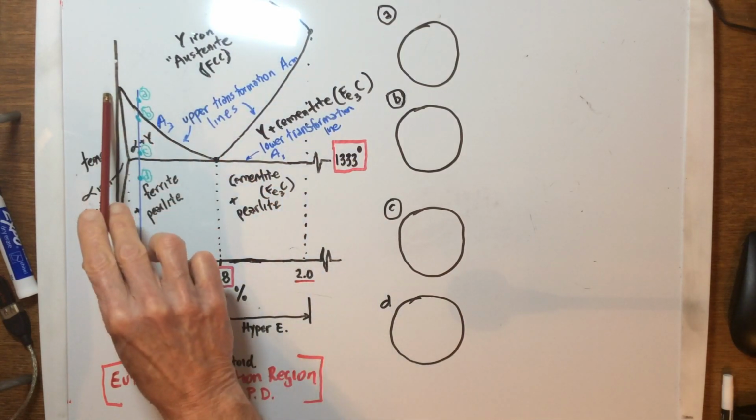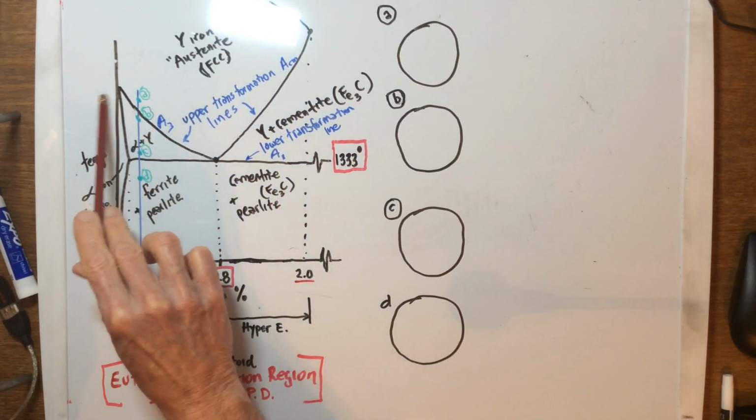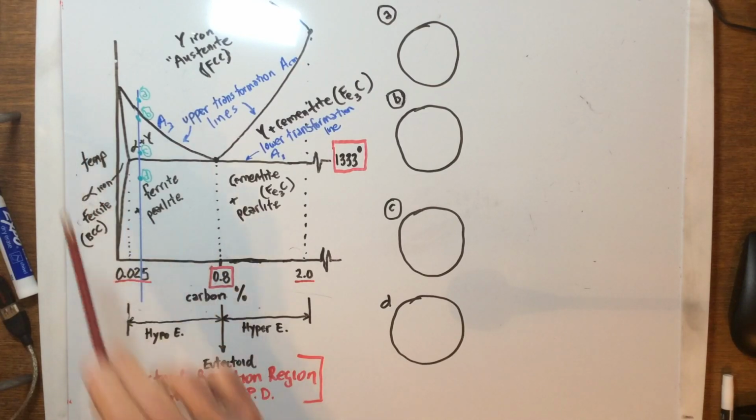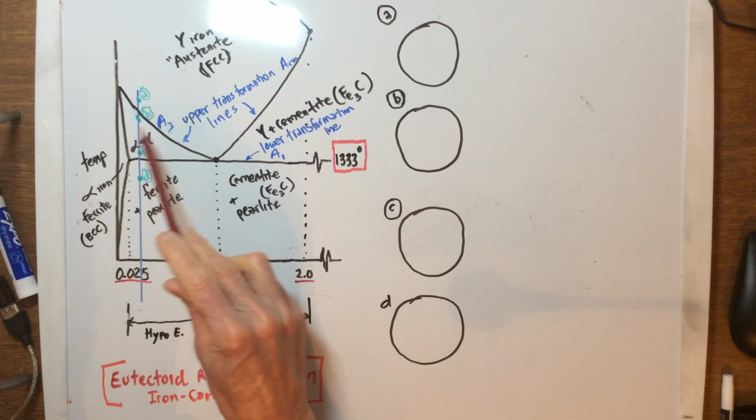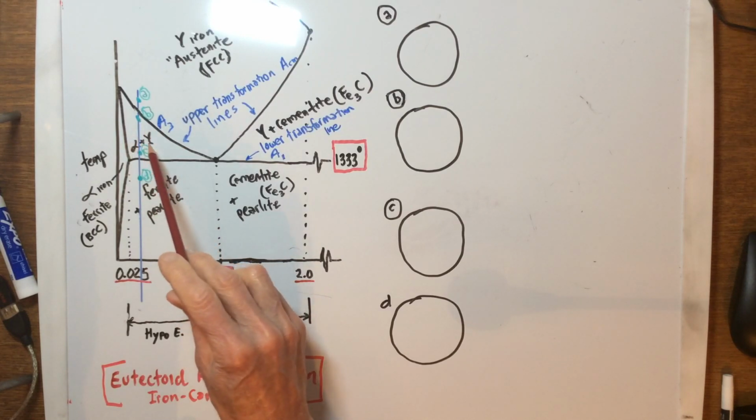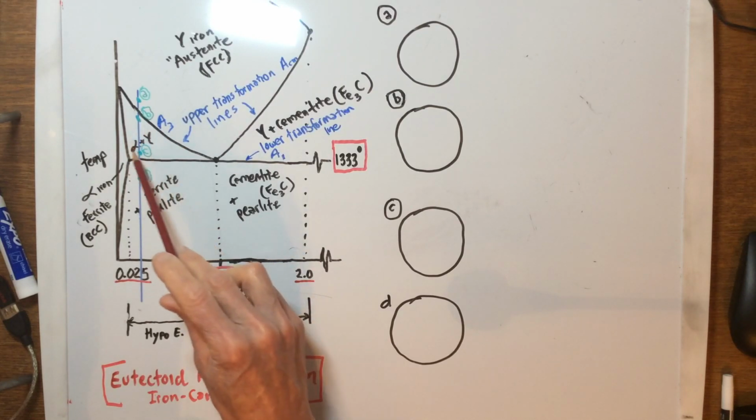Over here is about 1600, 1650 degrees, something like that. But the area where all the transformations are taking place is going to be in this little two-phase region here